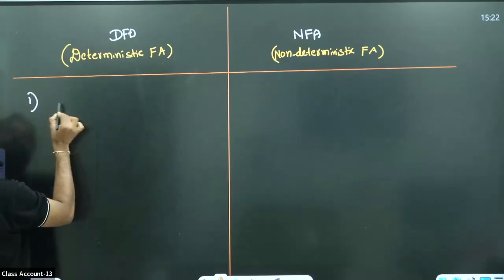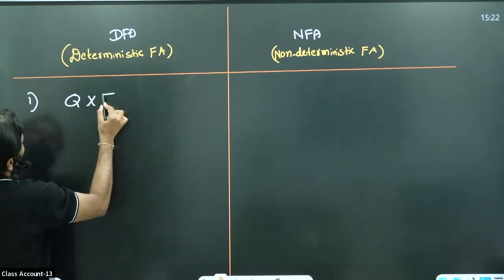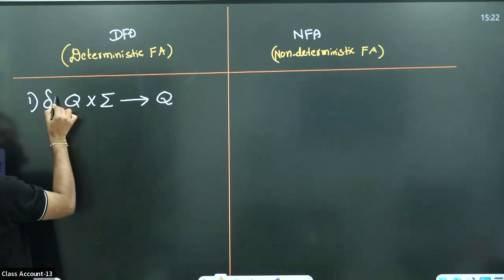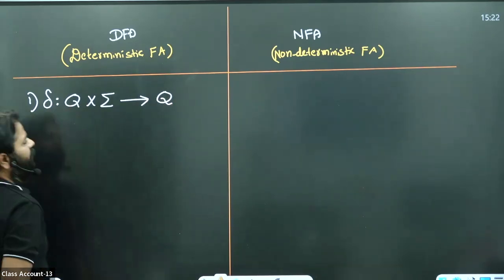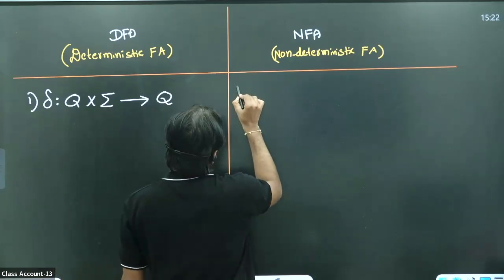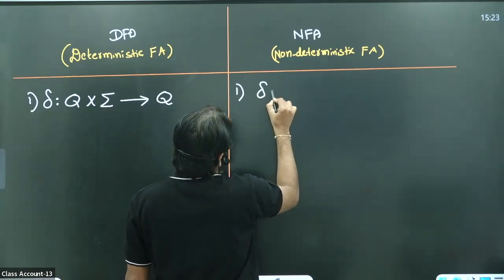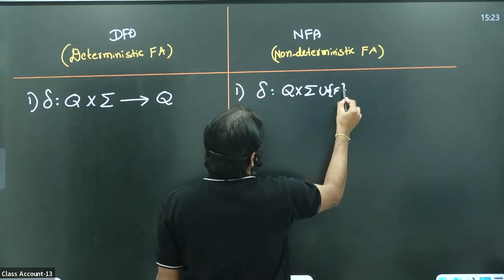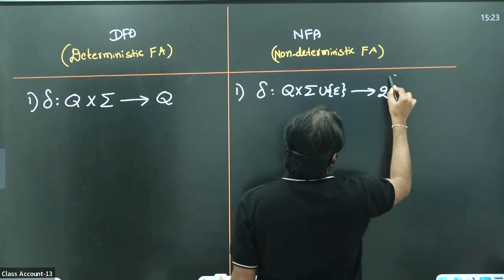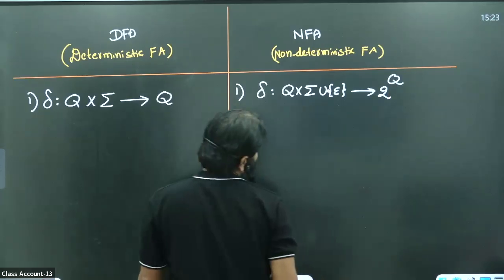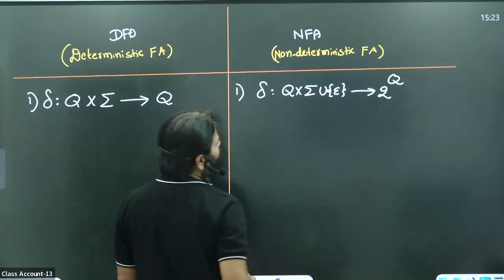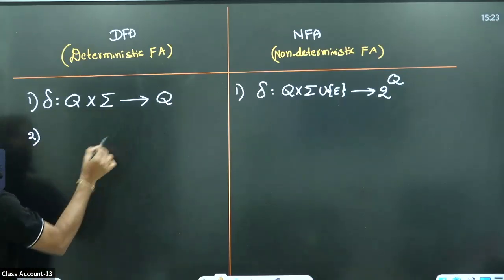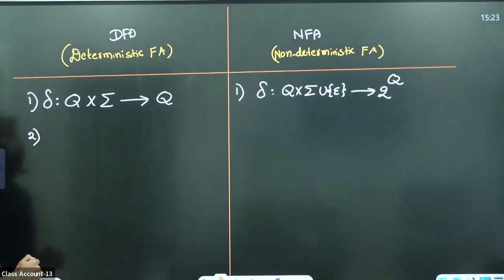If you look at the first definition, it depends on a transition function. The domain is Q cross sigma, and this is the definition of the transition function, correct? Whereas in a definition, Q cross sigma epsilon is optional. If you want it, you can take it. That maps to 2 power Q. You can write sigma epsilon or sigma union epsilon, both are the same. What is the meaning of this DFA? This is Q cross sigma maps to Q, which says that